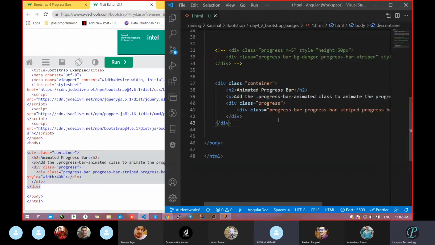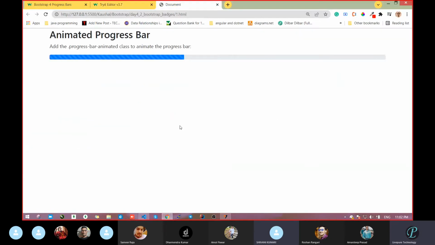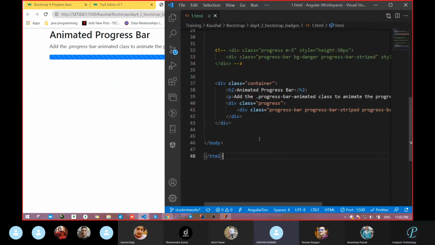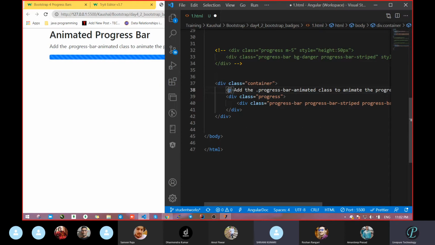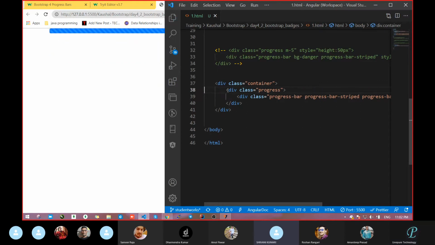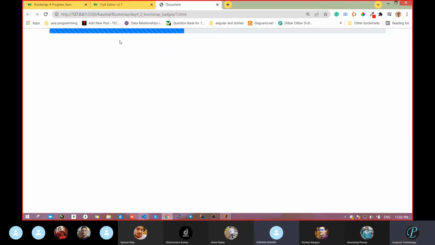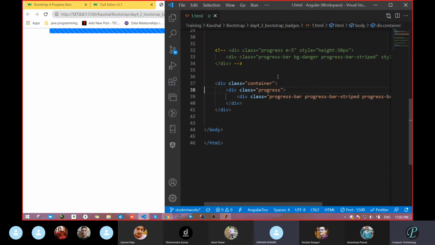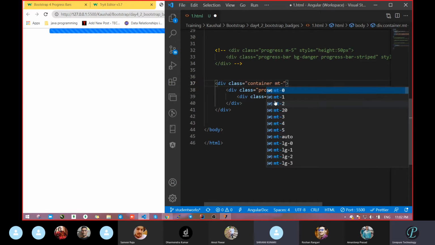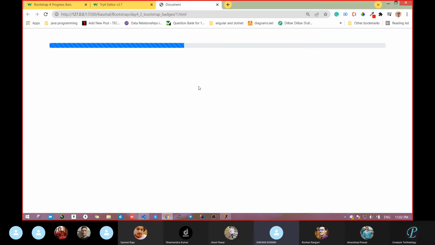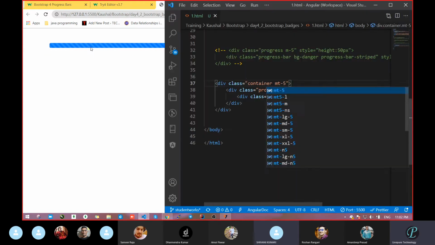In this type of file, jQuery and those will affect. Yeah, now it's worked. Control X. Fine. So with the help of this, what is it going to do? See, it's looking like an animation, correct? Now a striped bar is there, but it is animating.